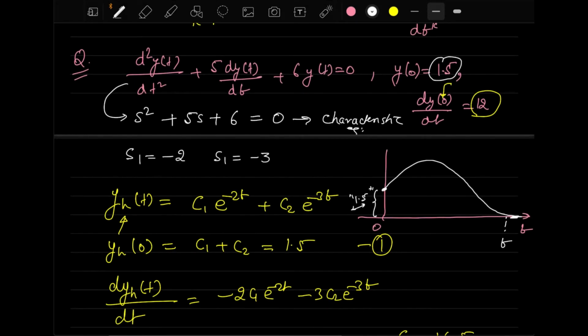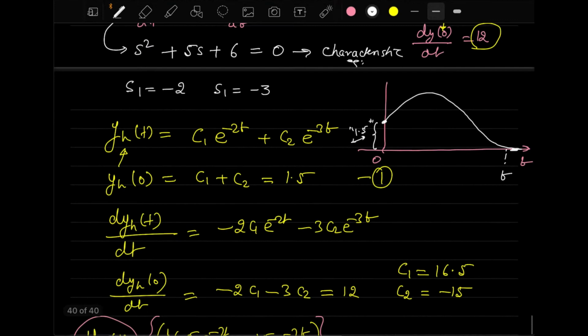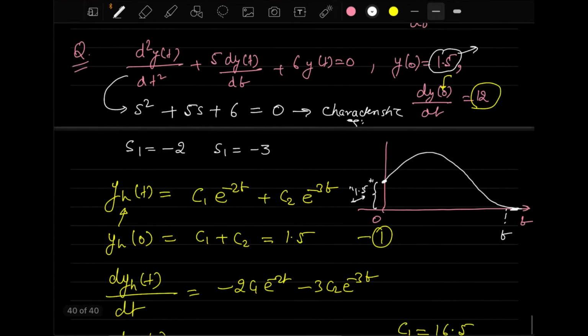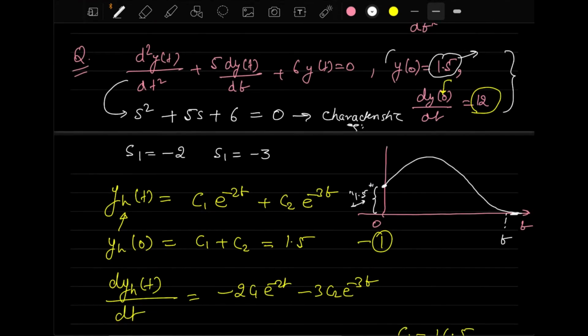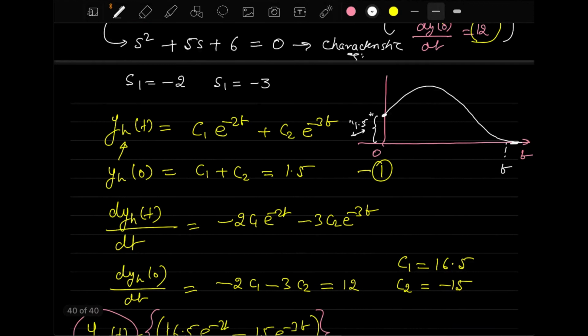So if this is a voltage on the capacitor, then all the voltages will start from initial condition values. Now you can see here that once you put these initial conditions onto this system, which is given on the left side, you can clearly observe that it starts at 1.5. It doesn't start from 0. So that means there are two observations.